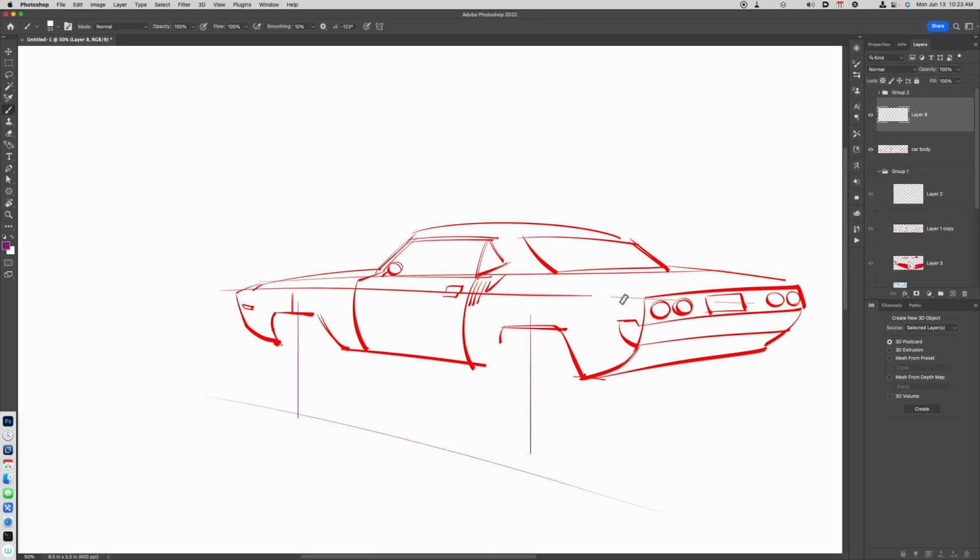And then similarly, we have a set of vanishing points. If we look at these lines over here, these will all converge to some point off in the distance. So I'll just approximate that by creating a line over here. Drawing that box, that 2-point perspective box, is so important to understand. It's really a game changer when it comes to being able to draw things that look believable. So once you have established where these lines are going to be, and these lines are going to serve for the placement of the wheels,